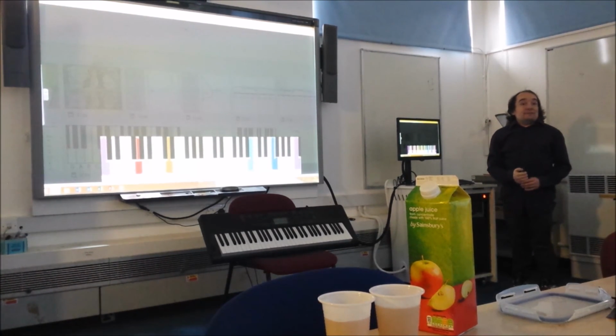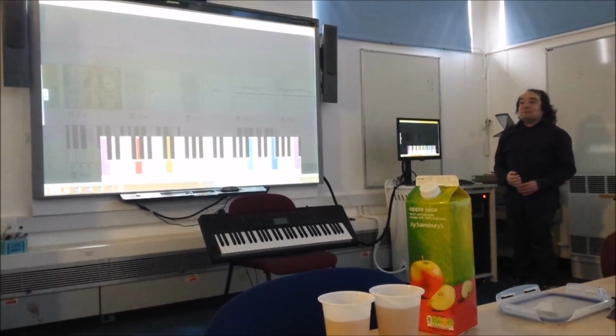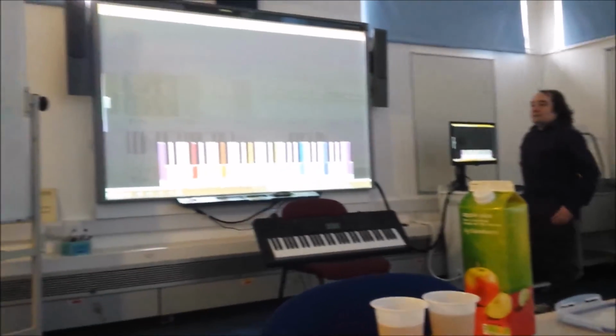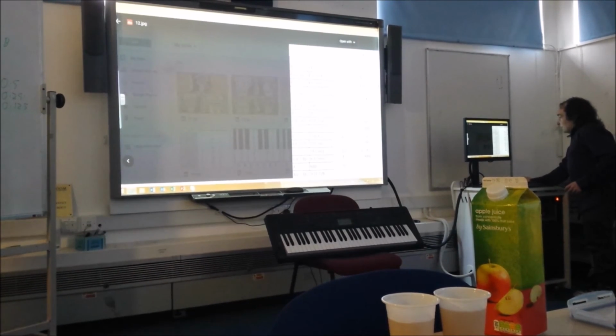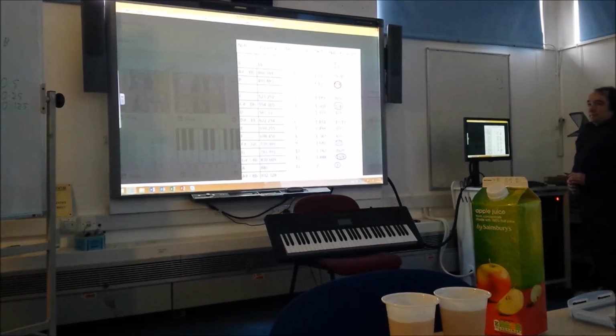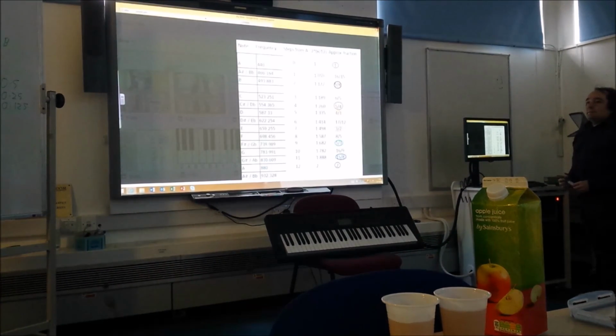Anyone else? I have one. If you go back to the frequencies chart, when we calculate the fractions, we get an approximate value of those fractions. We don't get those fractions exactly. Is that because the piano can't be tuned perfectly, or is there some other reason?